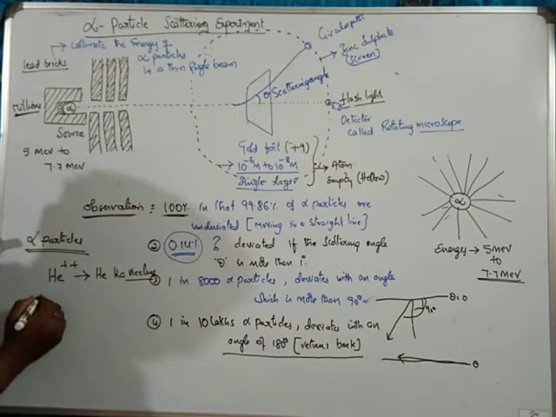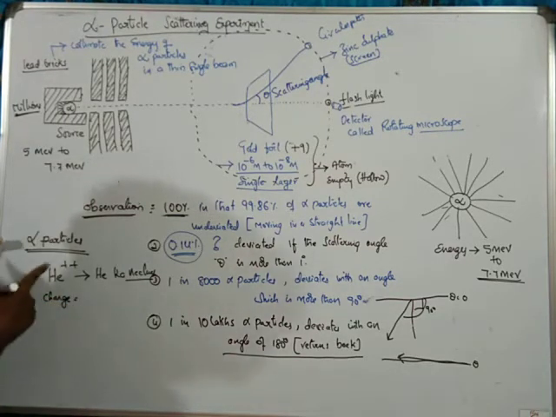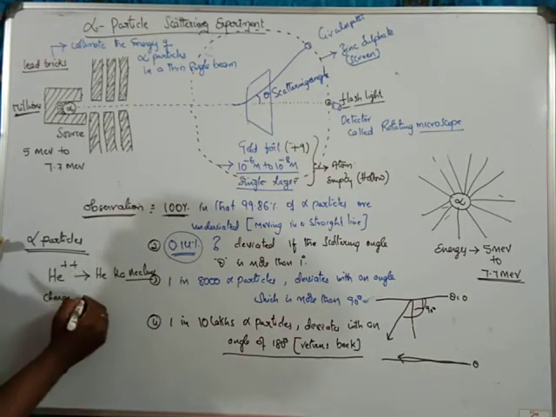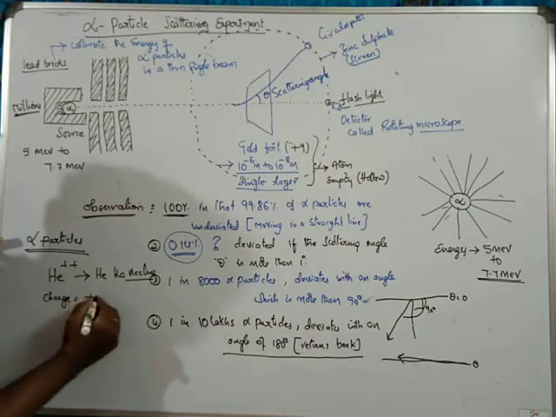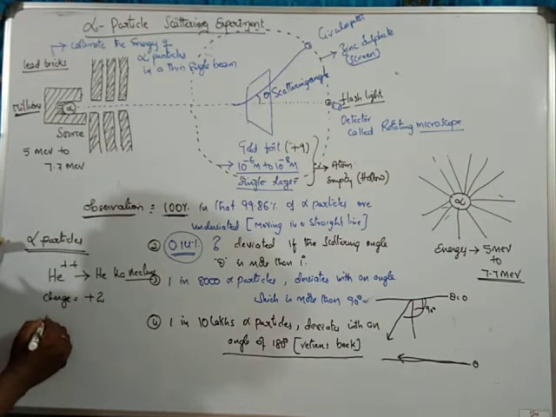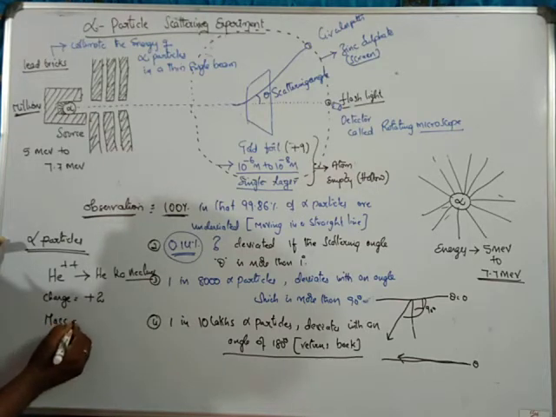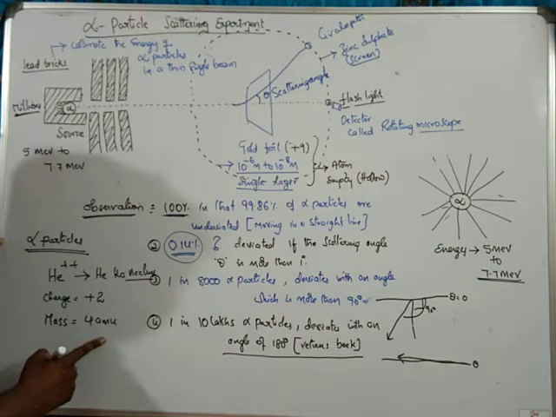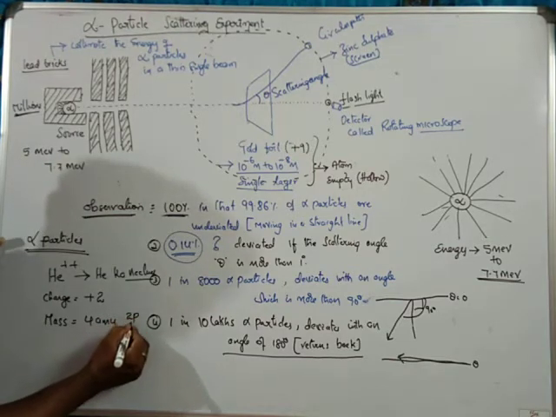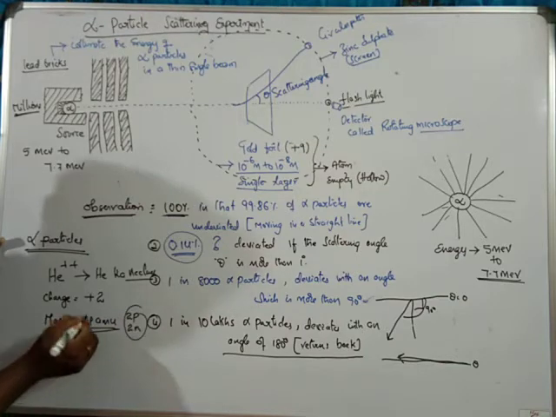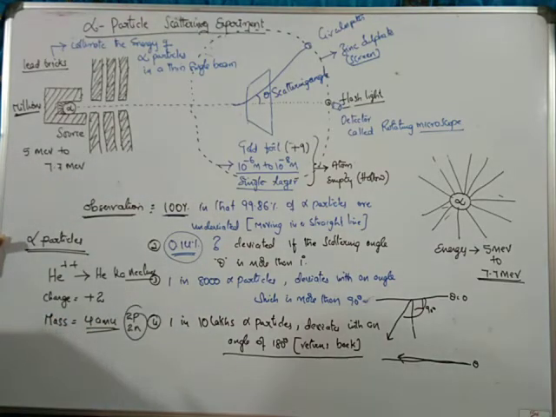Helium ka nucleus, it has a charge. So what will be the charge of an alpha particle, He plus plus? Plus means plus, it defines itself. How many plus do we have? 2. So we have a 2. Similarly, what about its mass? It will be 4 AMU. Why 4 AMU? Because there we have 2 protons and 2 neutrons, so the net value will become 4. So we get the 4 AMU.